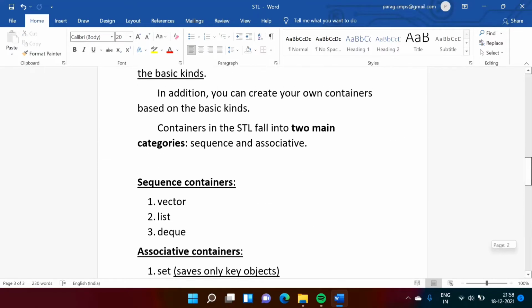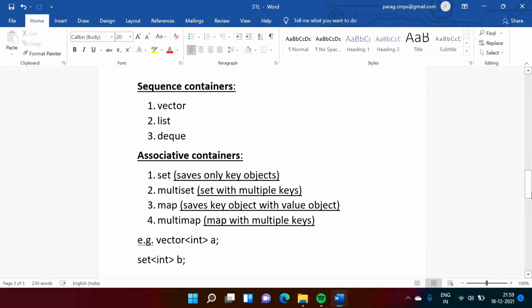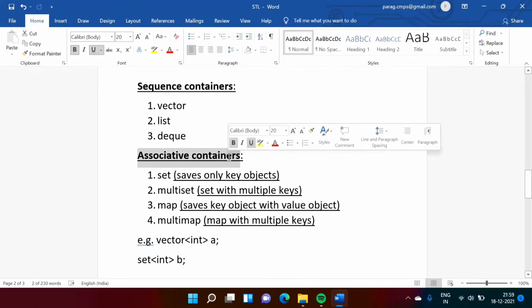Now see, first these 7 containers that we have seen are categorized into 2 parts. One is sequence containers and another is associative containers. What do you mean by sequence containers and associative containers?